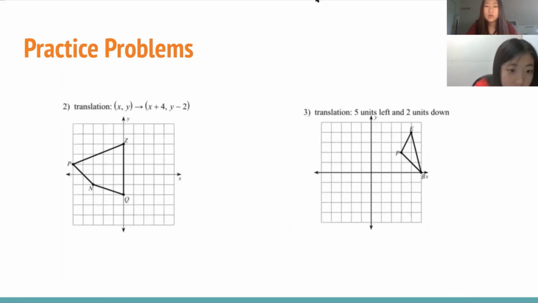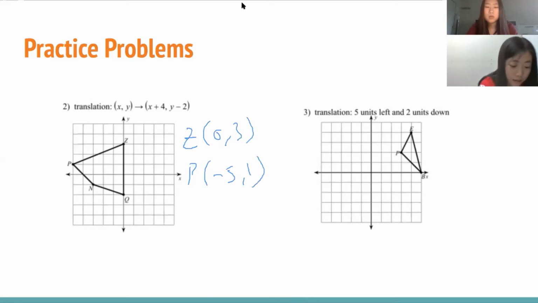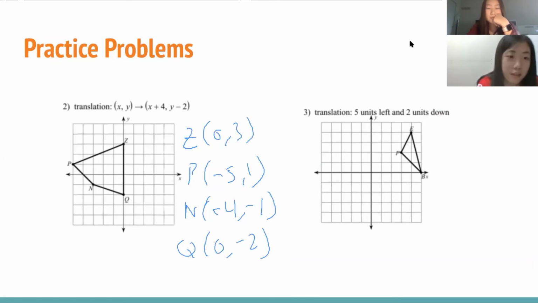For Z, the coordinates are 0, 3. For P, the coordinates are -5, 1. Coordinate N is -4, -1. And for Q, it's 0, -2. And so in here, you need to move all the X's 4 units to the right and all the